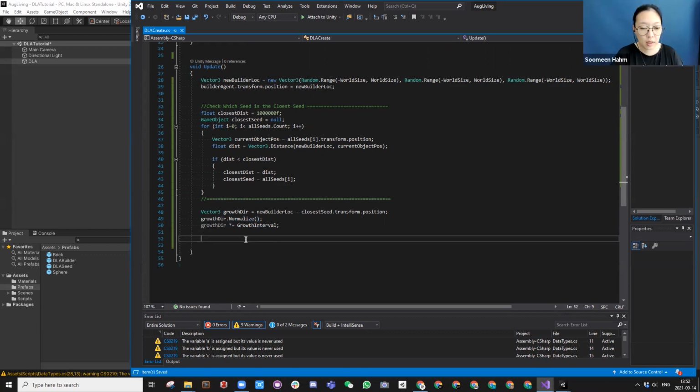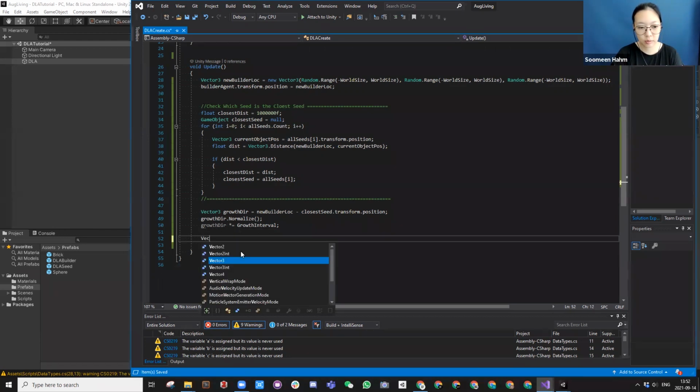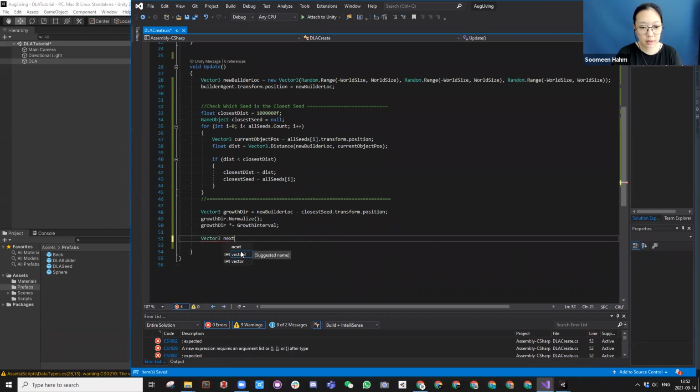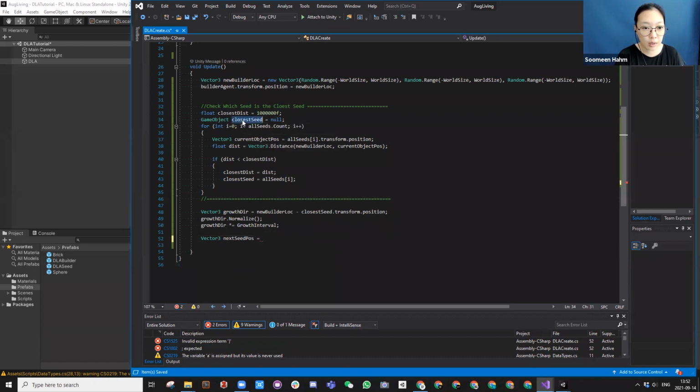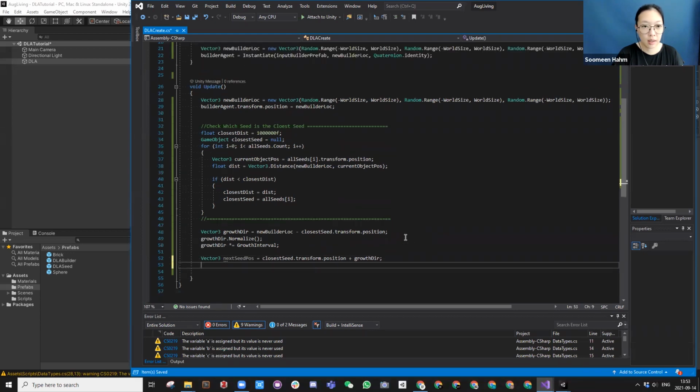All right. And then I have to make a new vector to define the next position. So Vector3 next seed position is my closest seed transform position plus this growth direction. That's the new next seed position. Okay. And now we